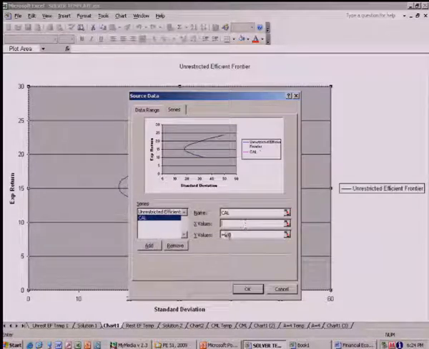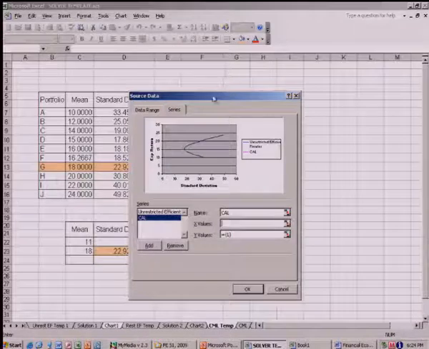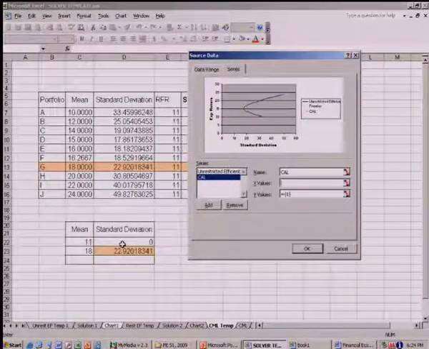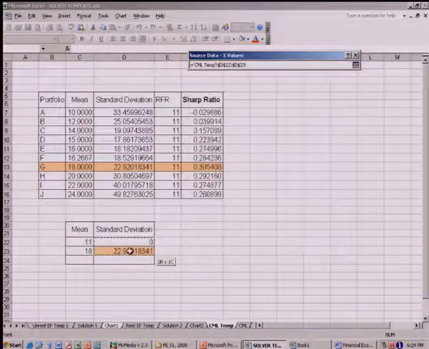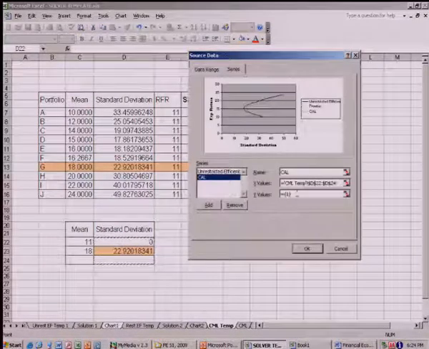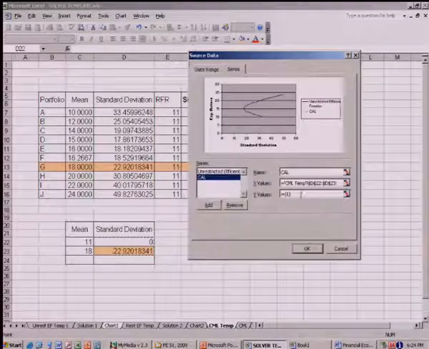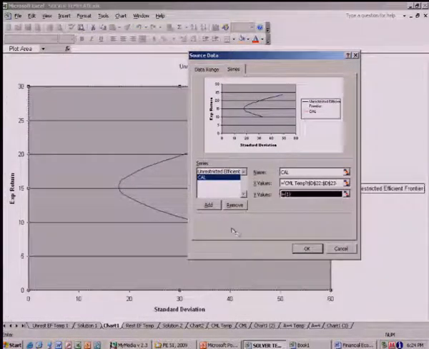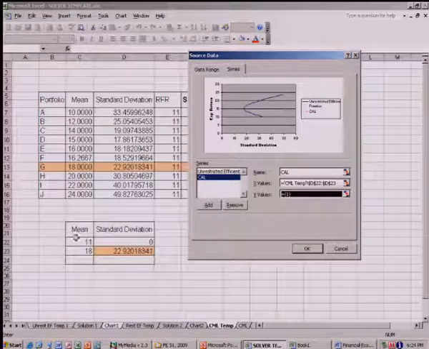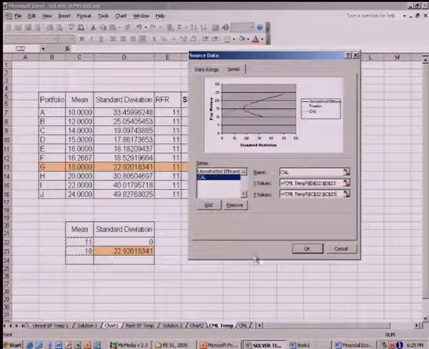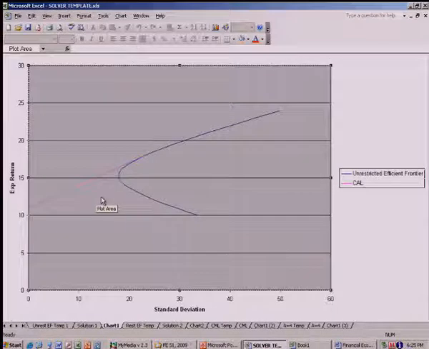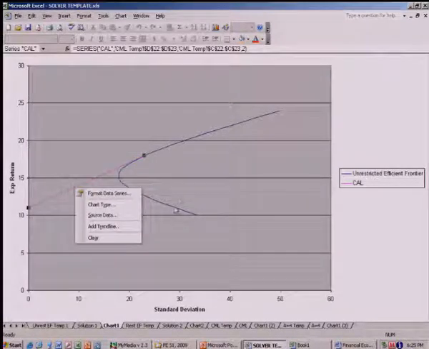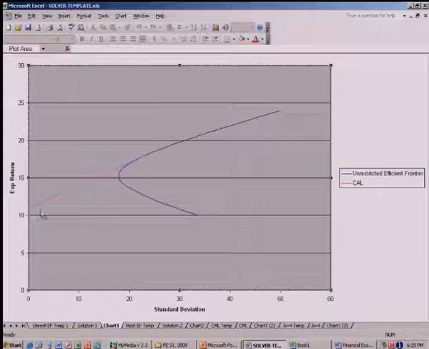And for that information about X values and Y values, I'll go to that information that we just calculated. I'm going to enter an X value, which is standard deviation here. So I select that information, and then, oops, just those two variables. And then I will find what my Y values are. So I go back to that sheet, which is here, and my Y values are expected returns. So you can see now what I got. Hopefully you can see it. Yeah, you can see it? Yeah. So what I have is a capital allocation line that goes